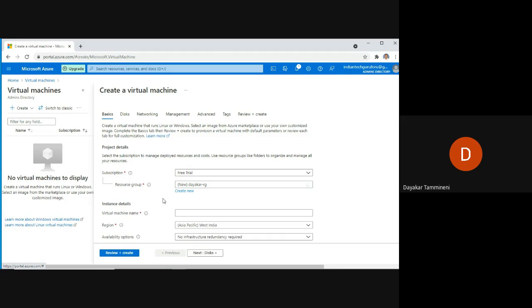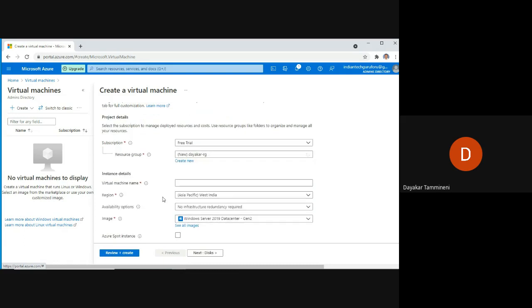Okay, those are the two different ways. Directly you can create the resource group from the resource groups option, or you can create the resource group while creating the virtual machine. Or you can use an existing resource group, but because there are no existing resource groups available, I am creating a new resource group.